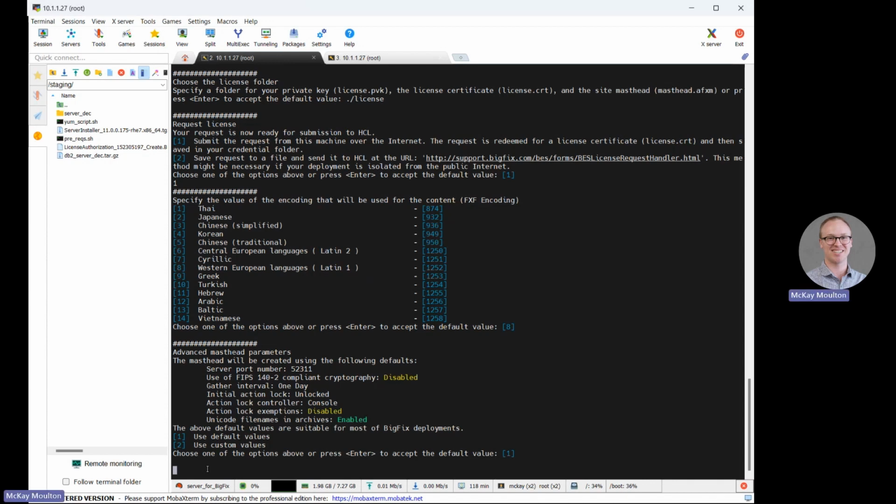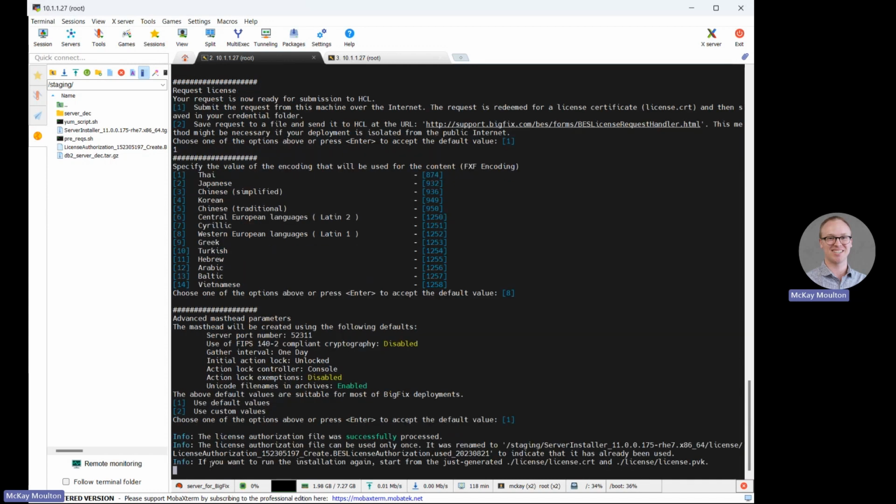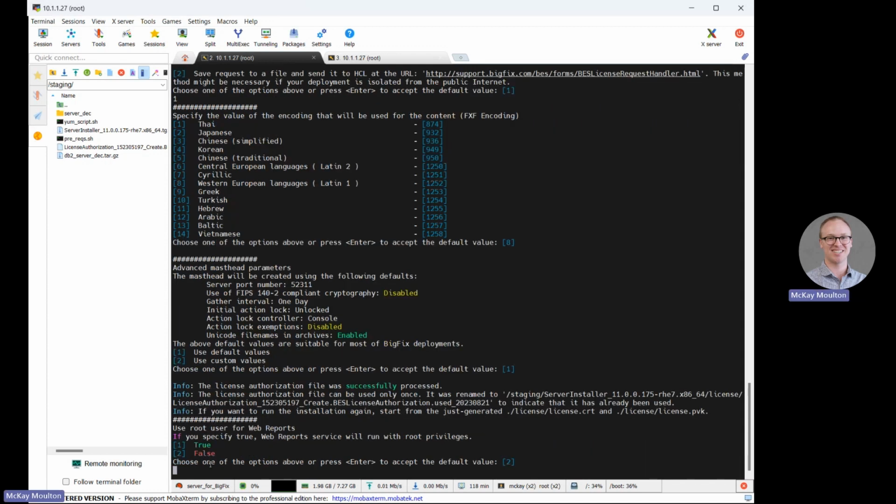They don't really give you much messages while things are running and loading. But unless we get an error message, we will not try to exit the install process. Although if for whatever reason you need to change your previous option, then just quit the install, and then you can go back and just run the install process again. So for the web reports, I mentioned earlier that we're not going to really use it. So I'm just going to do run with root privileges. It doesn't really matter,